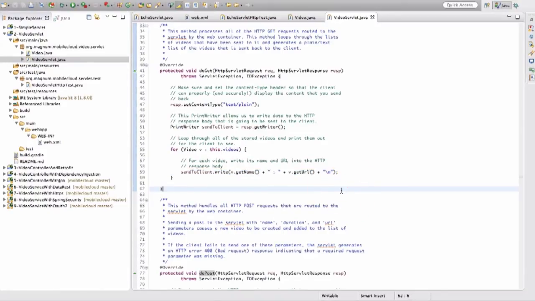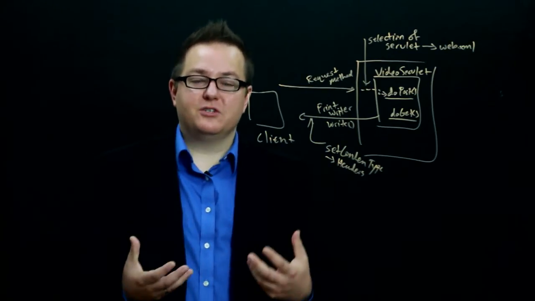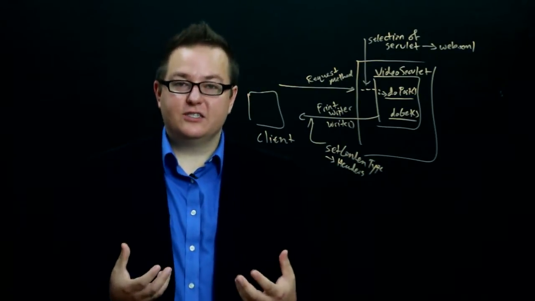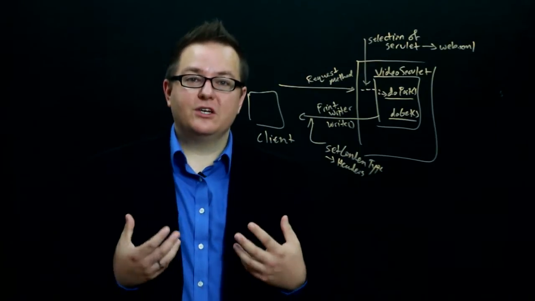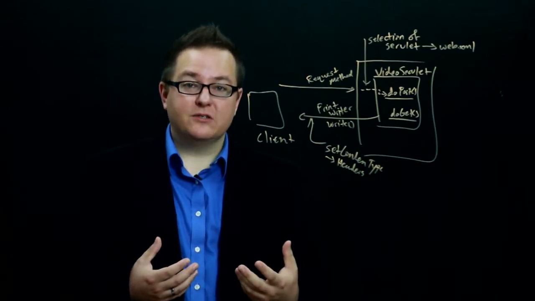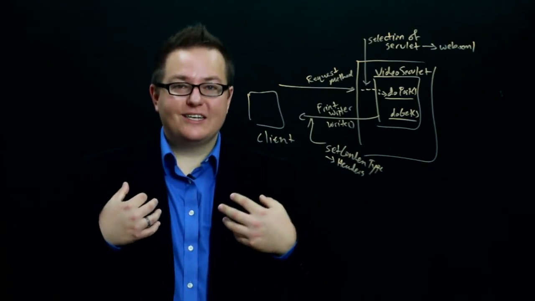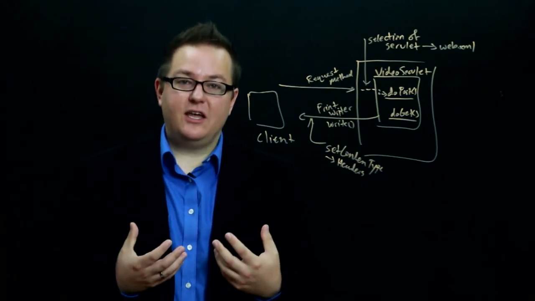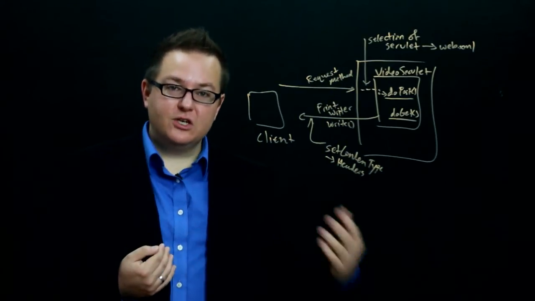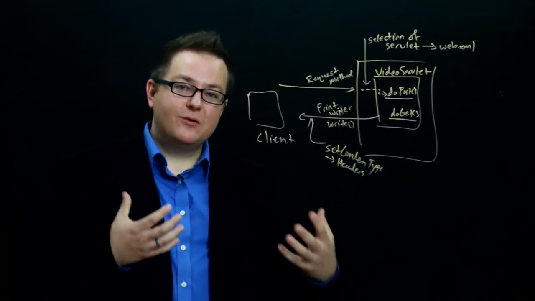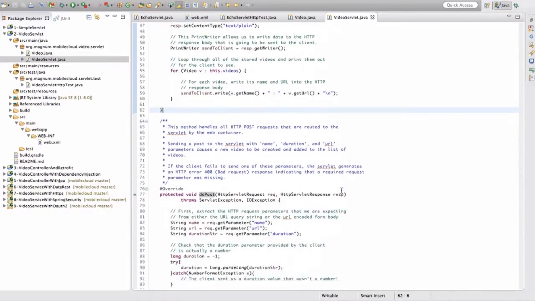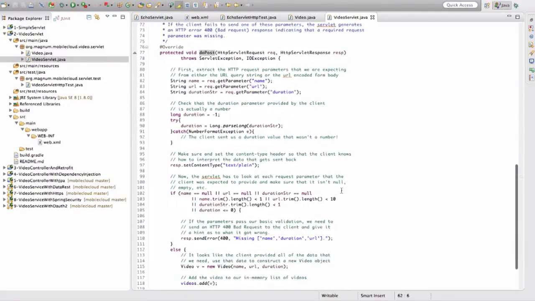Now, this actual get method isn't that interesting. It's just a simple method, and it's doing something very similar to what we saw in the simple servlet that we looked at before. Now let's take a look at a more complex method, the doPost, because suddenly we're going to start accepting more data from the client that we have to look at and actually validate carefully. So let's look at the work that we have to do in order to accept that data from the client and then validate it. If we go down to the doPost method, the first thing we'll see here